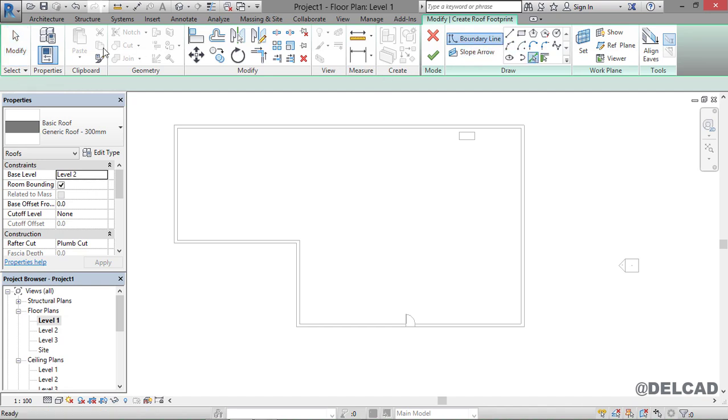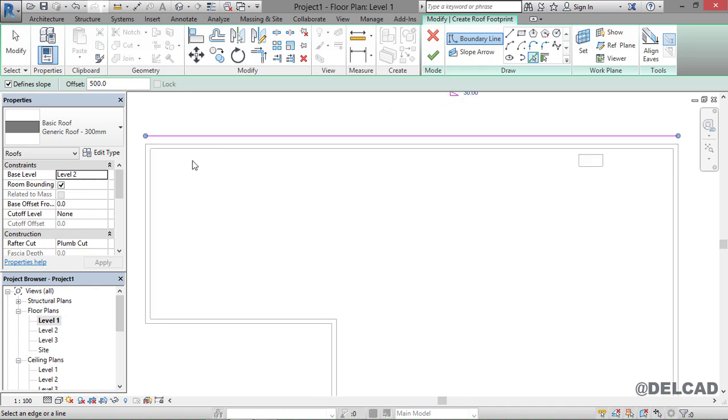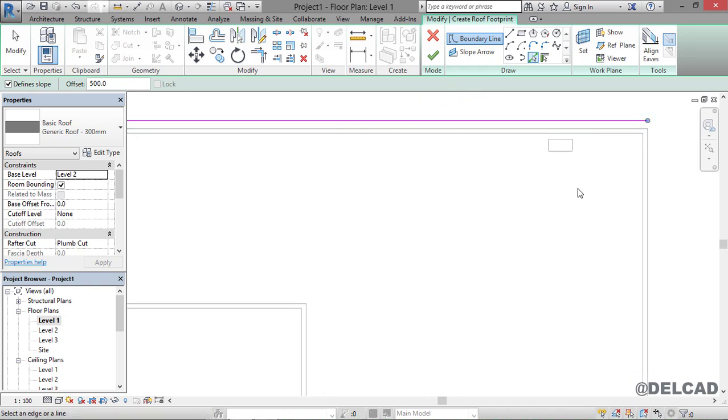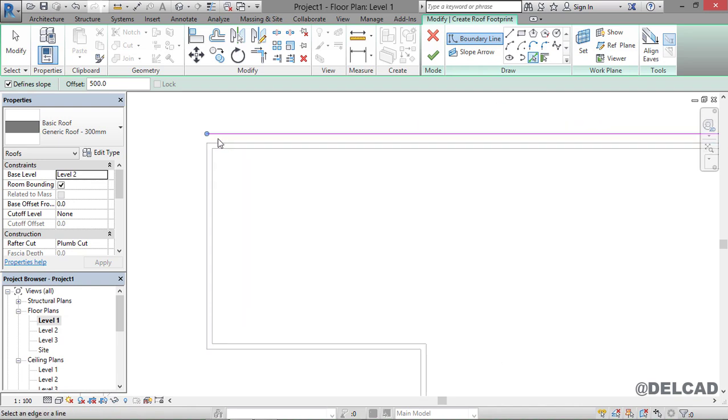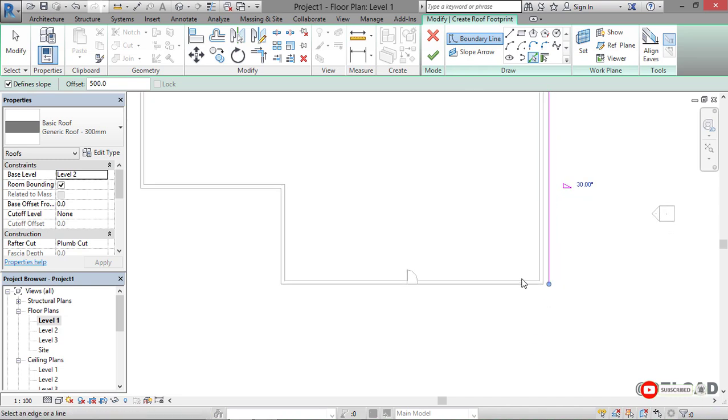So again, go ahead, pick lines, and we're going to define the slope here. In most cases, we want to have a roof that has an eave, so maybe an eave of 500 millimeters from the edge of the wall. So let's define an offset of 500, and we can go ahead and pick our line. You can see that the lines are not exactly at the position of the wall. If I zoom, you can see they are rather about 500 millimeters from the edge of that wall. So we can go ahead again, pick round, and make sure that we pick round